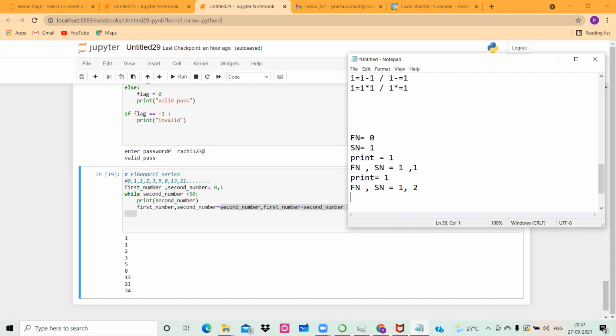So now your second number will become equal to 2. Again, it will go to the while loop and check whether 2 is less than 50. Condition is satisfied. Y को print करना है, so it will print value is equal to 2 because the current value of second number, I am saying y indicates the second position generally, इसके लिए y बोल रही हूँ. So it will print the second number. Second number is nothing but 2, so 2 print होगा.